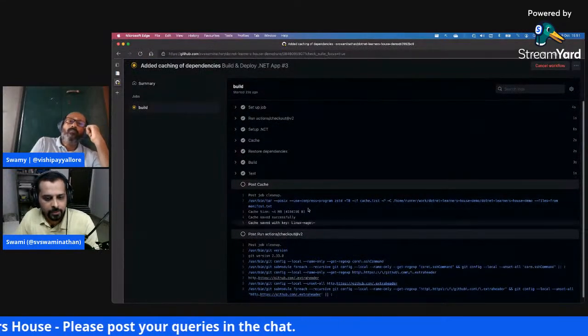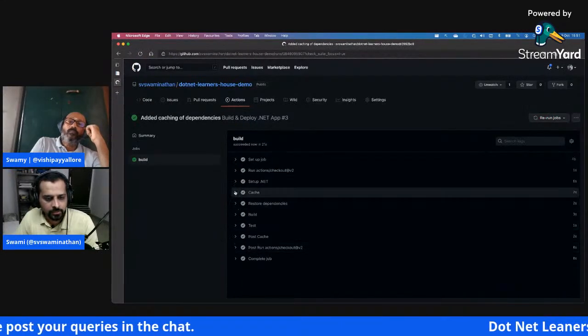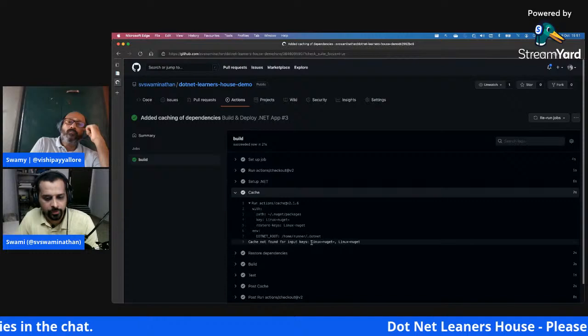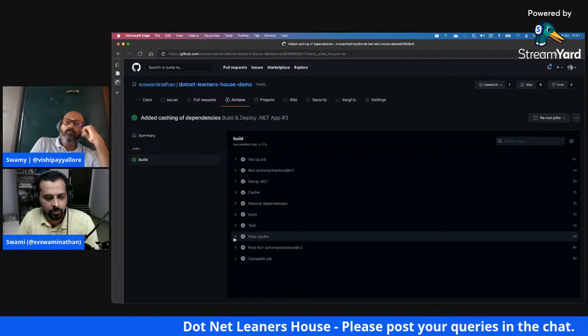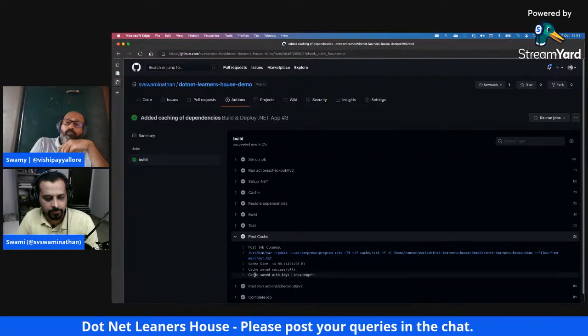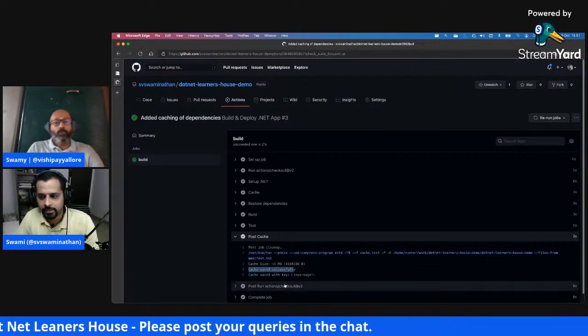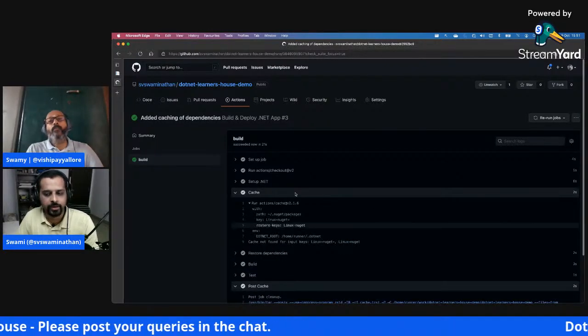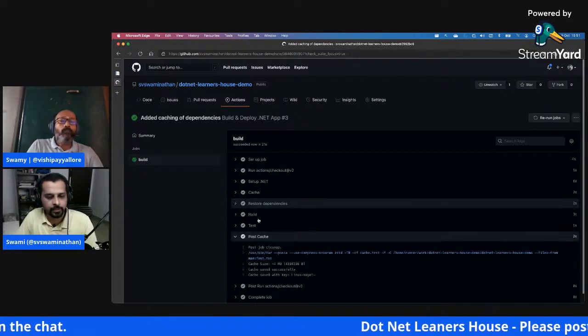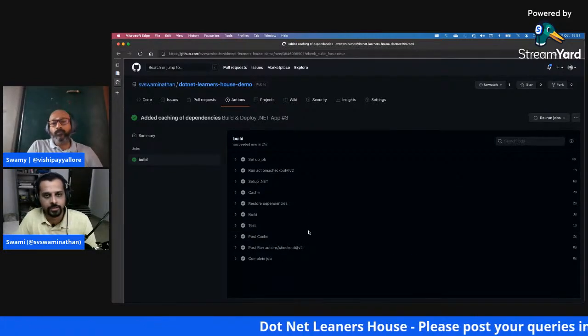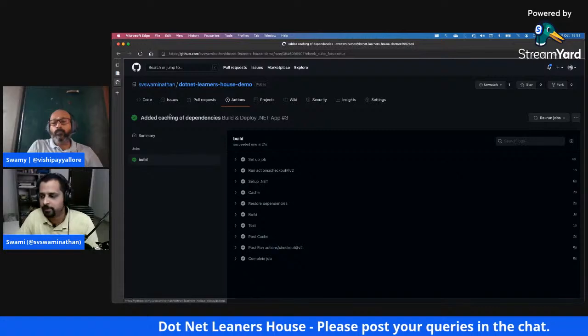Yeah, so here is where it is setting up all the keys and other things, right? So if you go here, cache not found for input keys, linux dash NuGet dash whatever, right? And then finally, I think it would go ahead and put it into the cache. See, cache saved successfully. So next time when I run, it should find it in the cache. We'll do that in a while. You can also specify the overall duration, retention policies and things like that as well. That I'm skipping for a while.